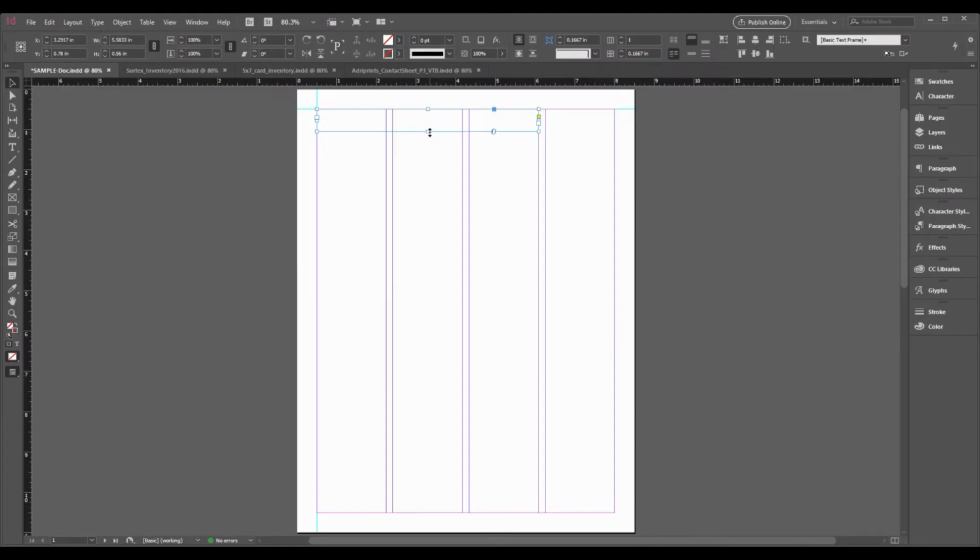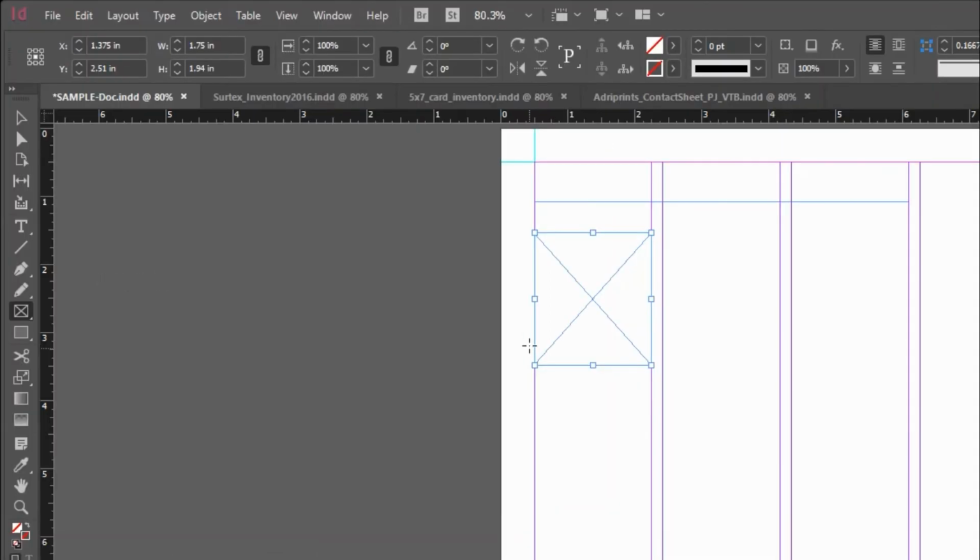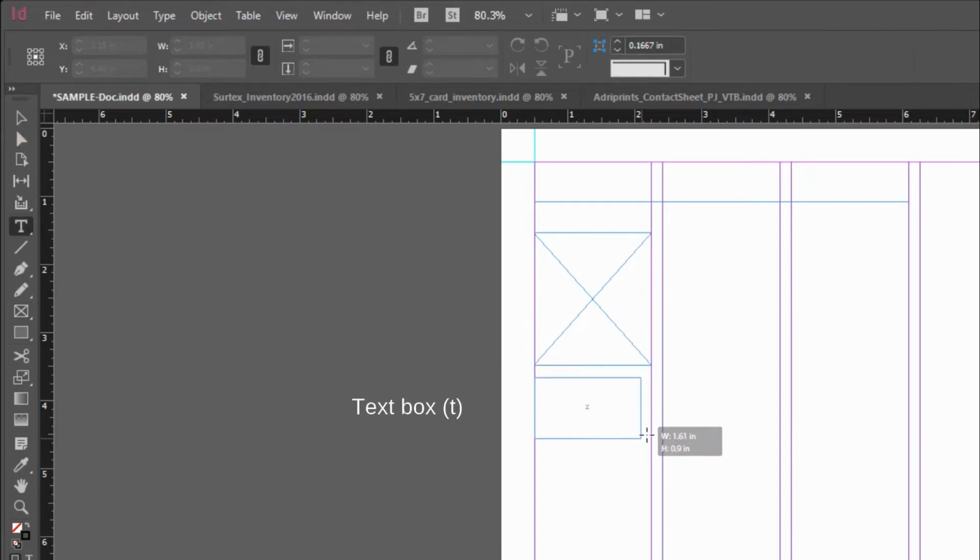We're going to lay this out in a very sketchy way. I know we're going to have some kind of text here. I know we're going to have some kind of image here. And I've chosen to use a frame because the convention back in the day for graphic design is anything that had an X on it is going to be an image. And so the frame just works to tell me that there's going to be an image that's going to be dropped in there. There's going to be some kind of caption, so we can use our text box again,